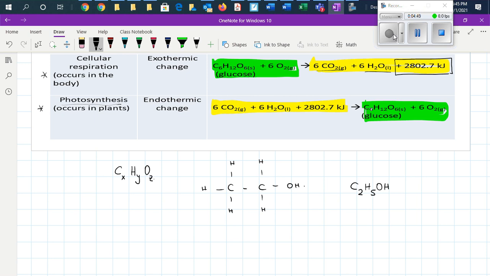This hydrocarbon is called ethanol. You can check it in your data booklet on pages 4 and 5, where you will see that ethanol has this formula. Sometimes this formula is written in the form C2H6O